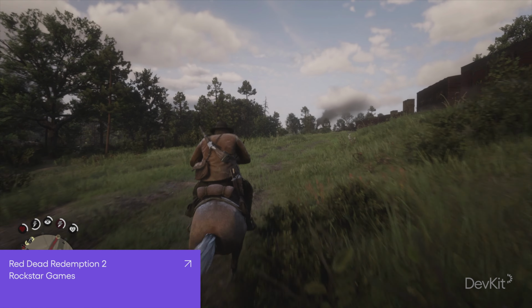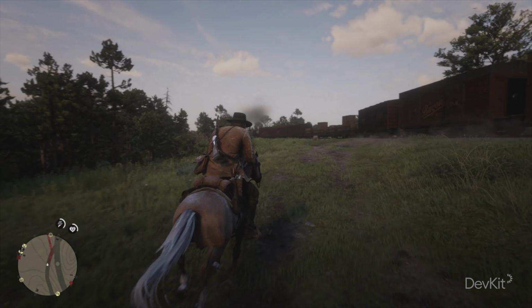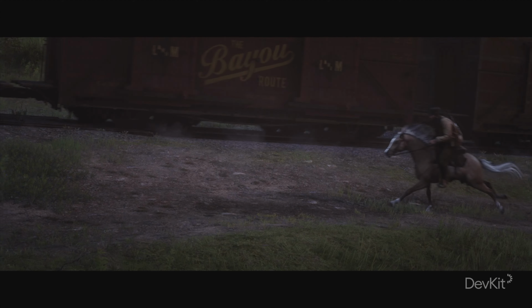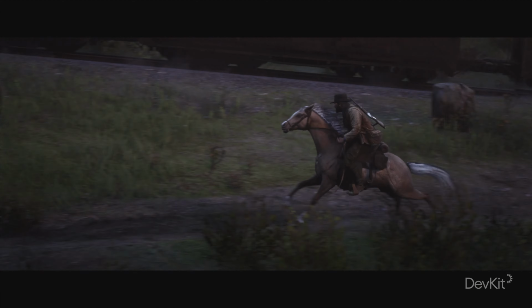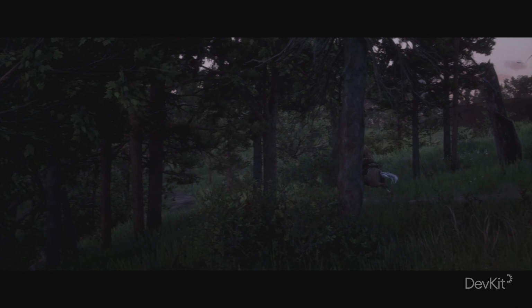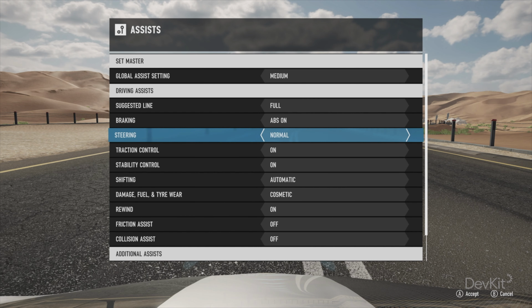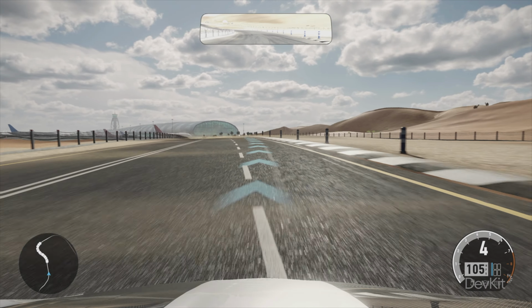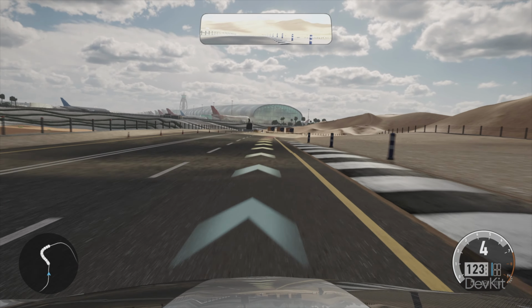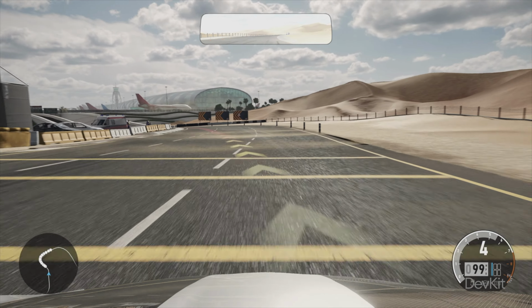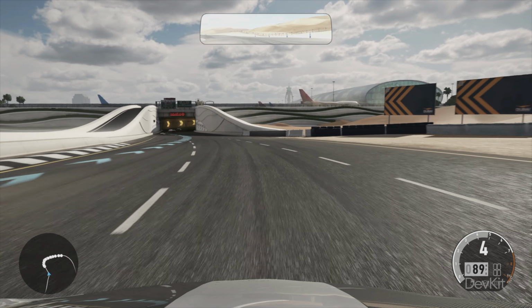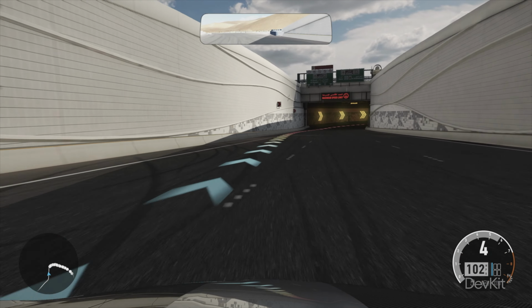In Red Dead Redemption 2, you can set a waypoint on the map and hold a button to have the character automatically follow roads and paths to get there, while in cinematic camera mode. In Forza Motorsport 7, the highest level of steering assist will guide the driver's steering to keep them near the optimal driving line. Though it won't alter the path in response to other vehicles, it can allow for races to be completed without the player having to manually steer.